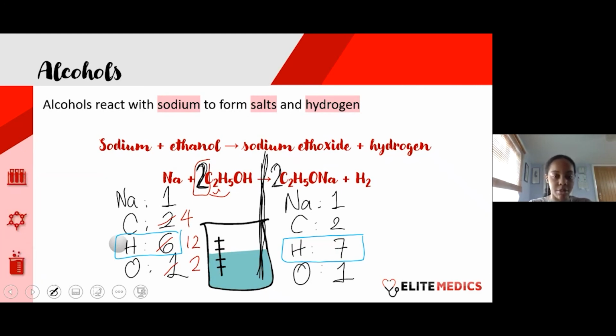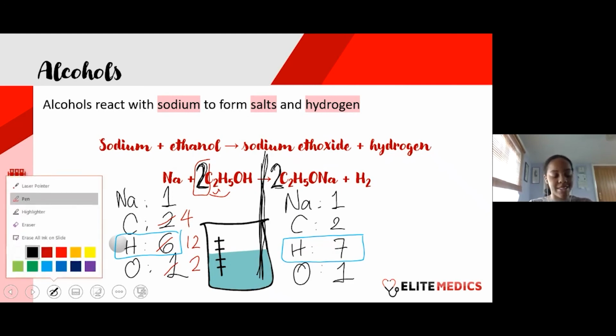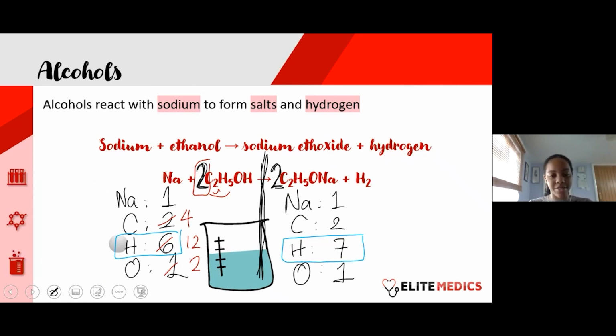So this is what I mean by you guys aren't going to like me for this, because I'm basically making more work for myself, all right? So I've also put a big 2 on our right-hand side, and this is because our carbon and our oxygen have been doubled on our left-hand side. So we're going to do the noble thing and recount, because we've now added a big 2, and this applies to every part of this equation. So we now have